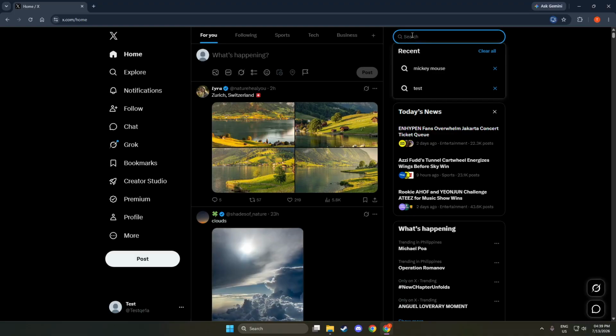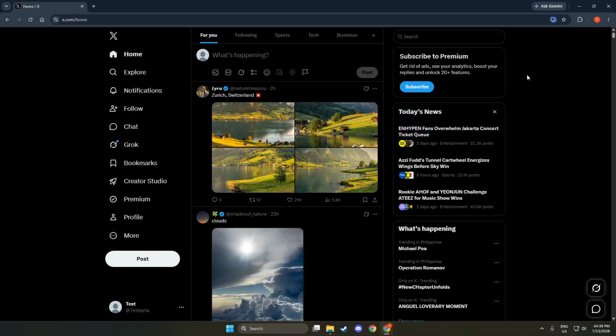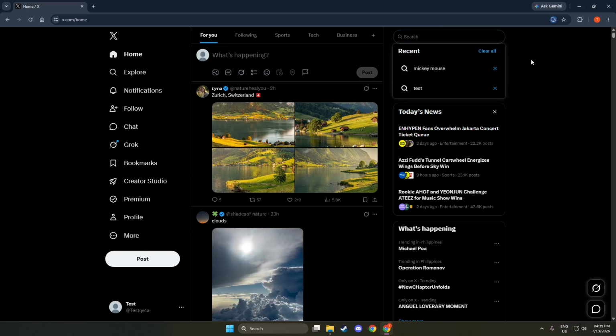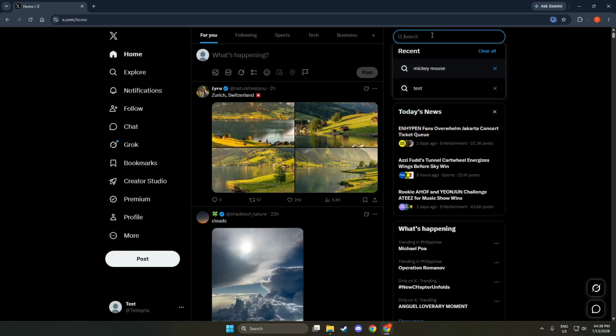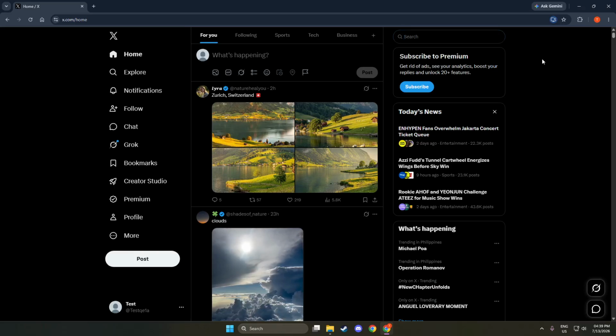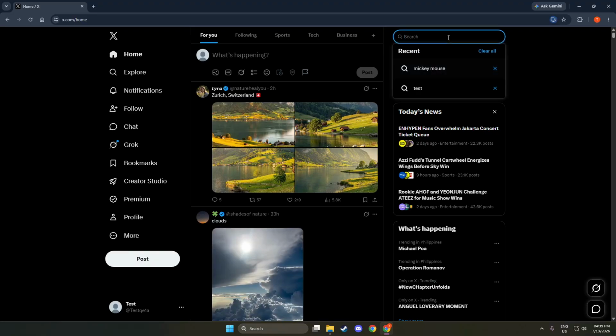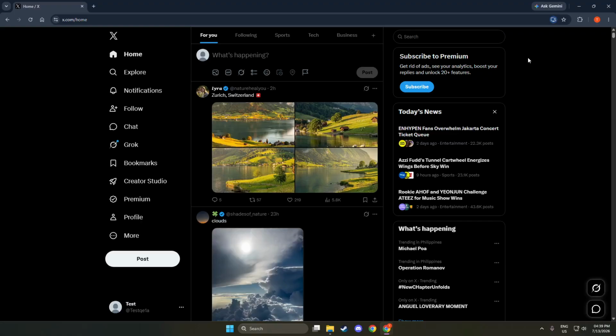After clicking Clear All, you will typically receive a brief notification or visual confirmation that your recent searches have been cleared. This confirmation is crucial as it provides assurance that your action has been successful. You should now notice that the Recent Searches section is empty. This means that your searches will no longer be visible to anyone who might access your account. Keeping your search history clear is an important practice for maintaining privacy on social media platforms.